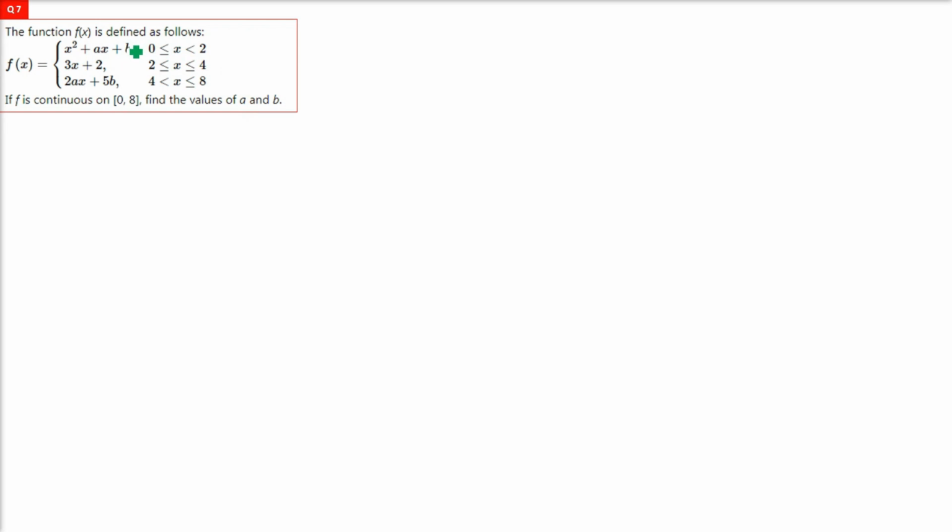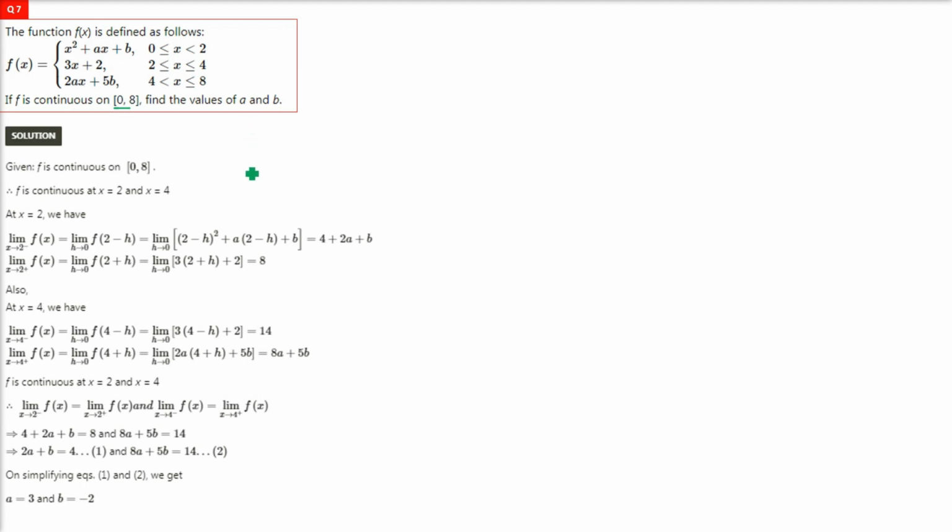The function f(x) is defined as follows. If f is continuous on 0 to 8, find the value of a and b. There is no sine cos, but this question is exactly similar to what we have done just now. Okay, so